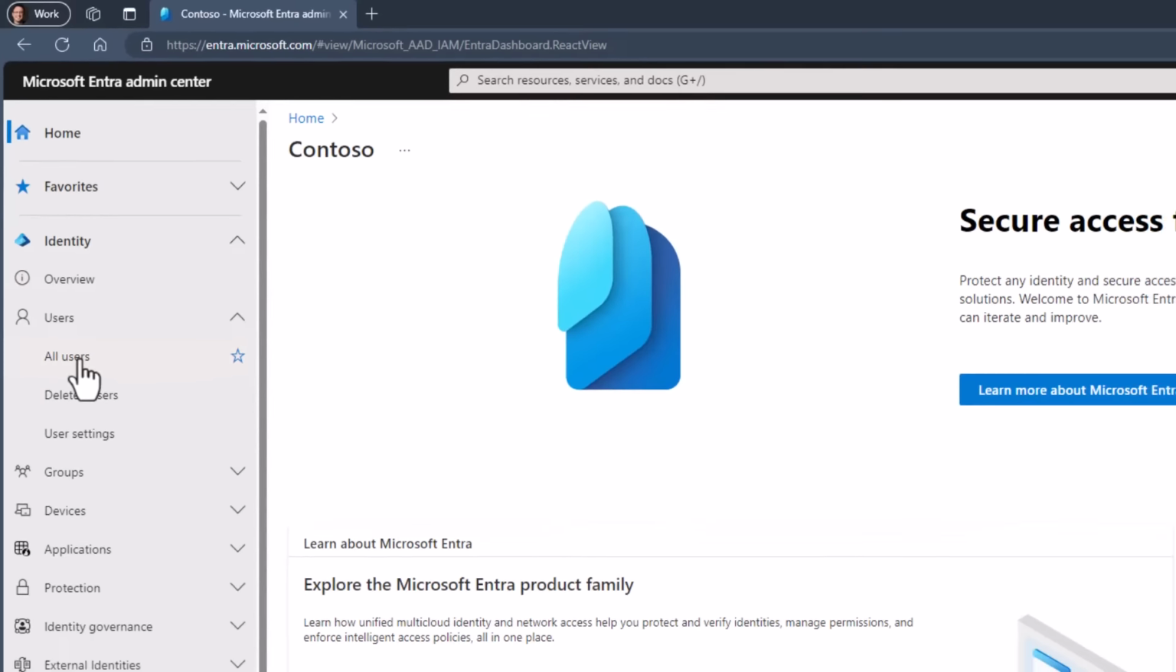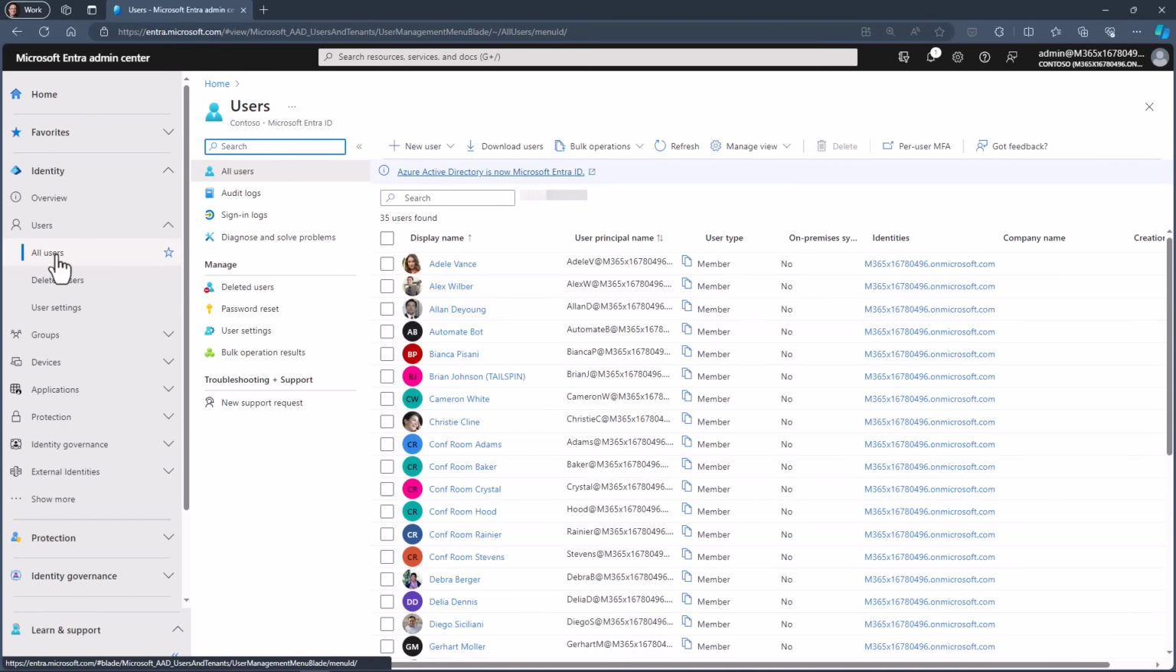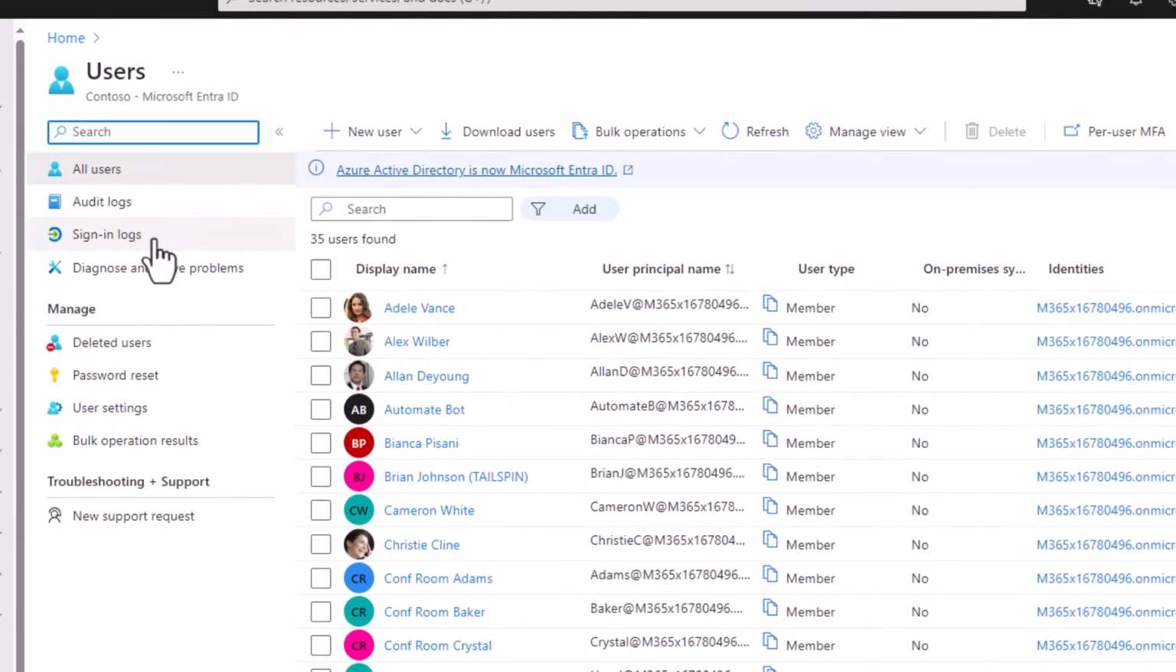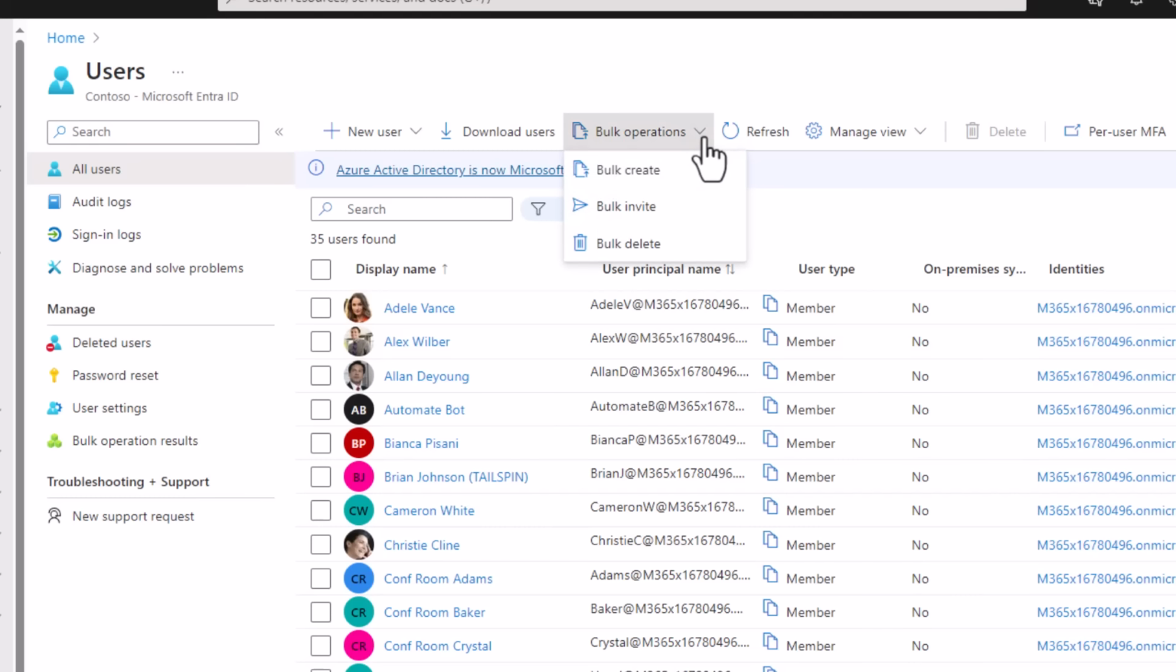So we'll start with a quick look at users, and I'm presented with the full list of users in my directory. See, I have access to some simple operations at the top level here. I can look at the sign-in logs for one or more users. I can perform password resets from right here. You'll see a bulk operations option here, which allows me to perform operations on many users at once from a